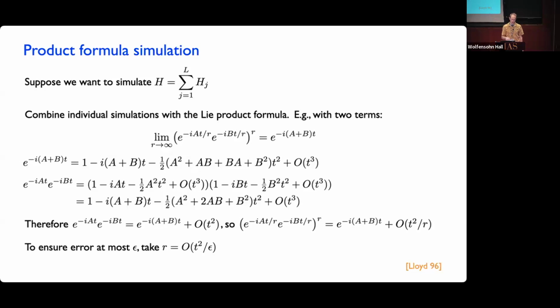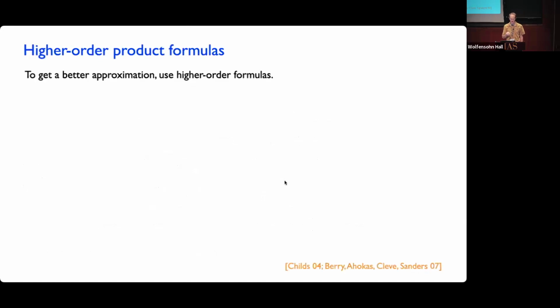And one very simple way you can make things better with respect to both t and epsilon is to use higher order approximations of this exponential, to use a more complicated formula here. This is an idea that has been considered for a long time in the quantum simulation literature, and which really goes back even earlier to work of Suzuki, who constructed these higher order approximations of matrix exponentials. So for example, there's a second order formula, which is really just a slight tweak of the first order formula, which looks like this.